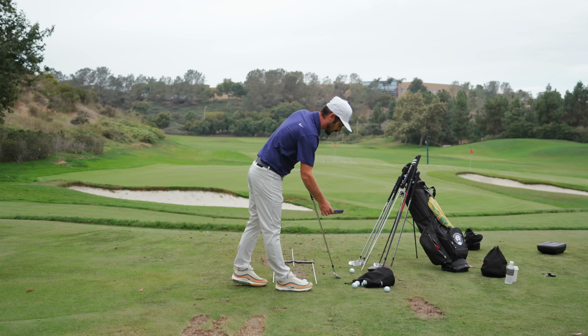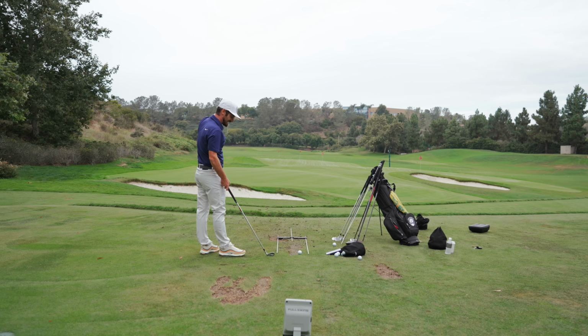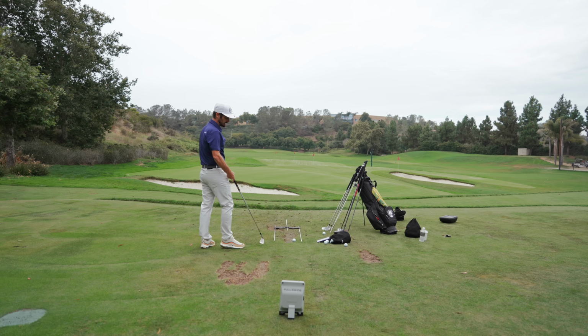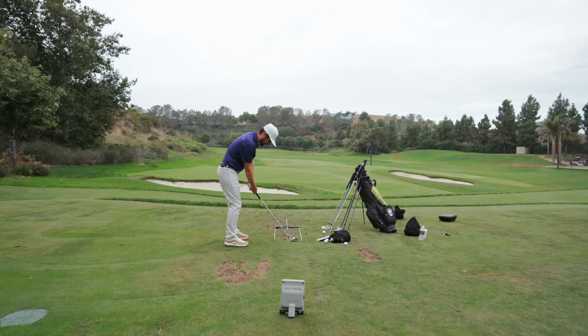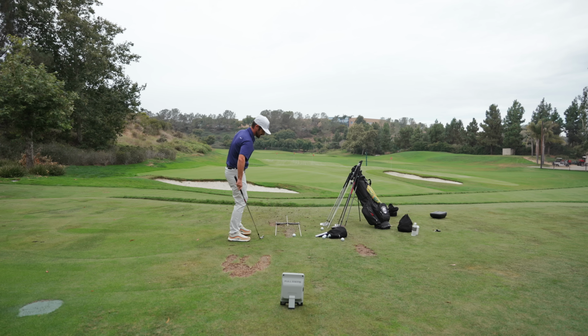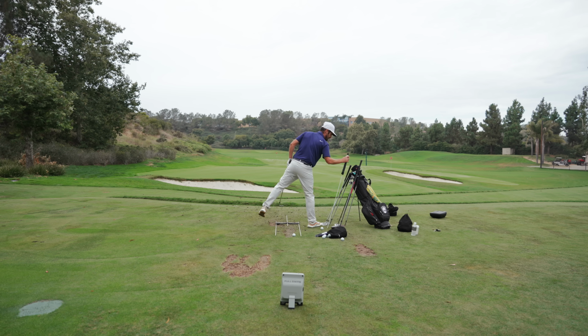How does this help you, the golfer? If you're hitting into a right flag that's on the back there and you want to cut one in, as it comes to working your numbers with the launch monitor and working your fade, you need to be certain that you can start it left and fade it. Just like when it comes to working your draw, you need to be certain you can start that right and